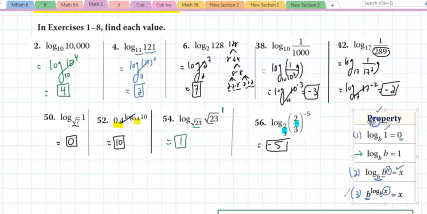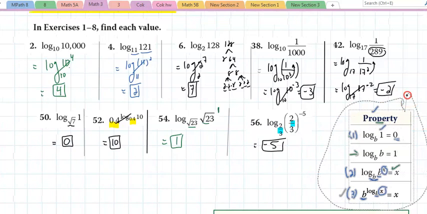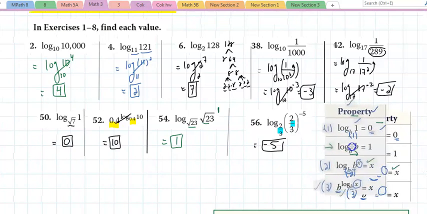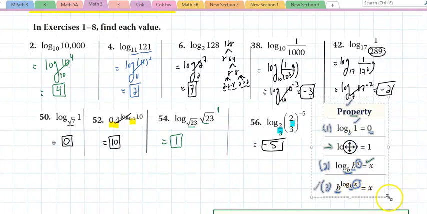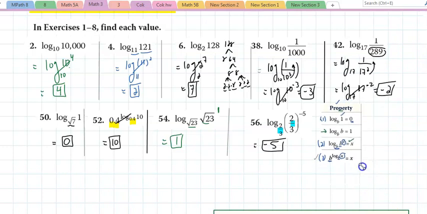If they don't match, then we use something else. We use a change of base formula. But we're getting there. You guys always rush things. I'm gonna shrink this a bit. Okay. Now